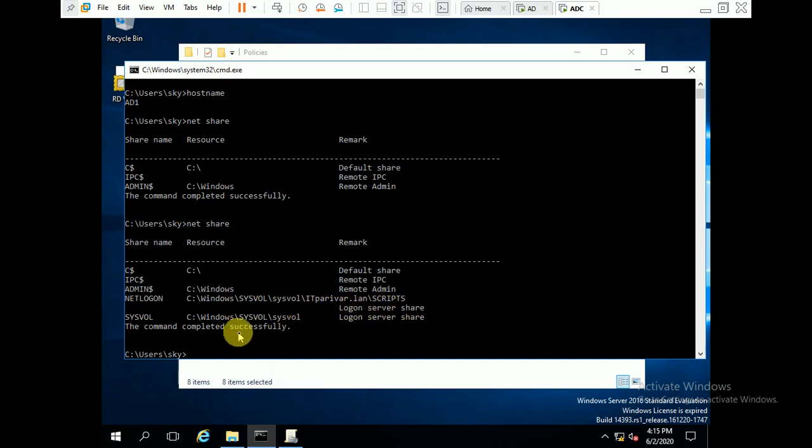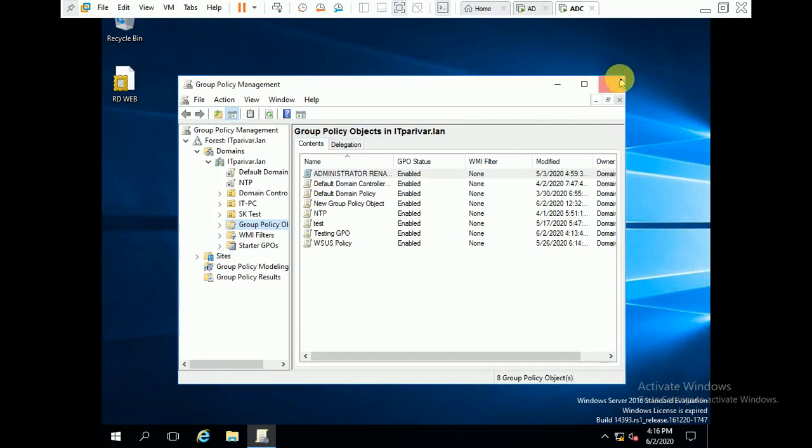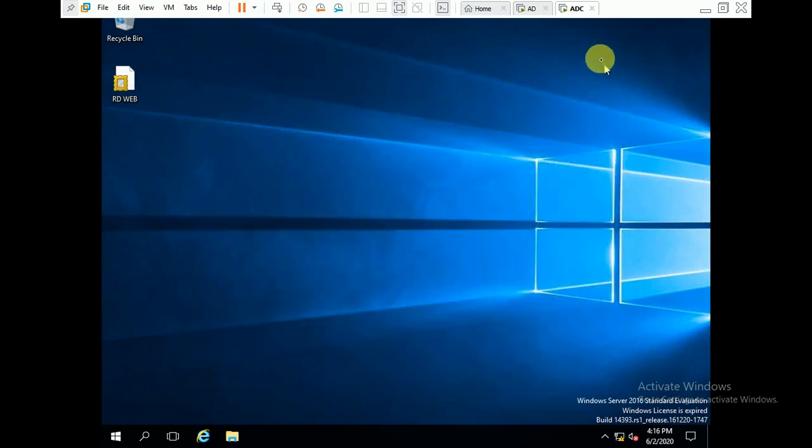So these are the ways through which we can check whether the sysvol and netlogon folders are shared or not, and in this way you can recover the missing folders like sysvol or netlogon, and check whether policies are replicating or not.